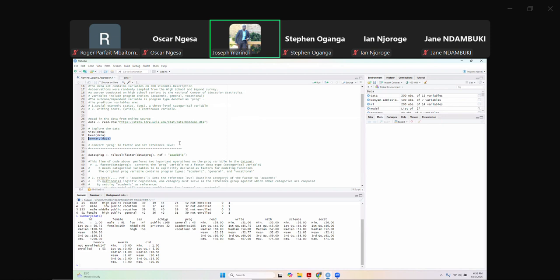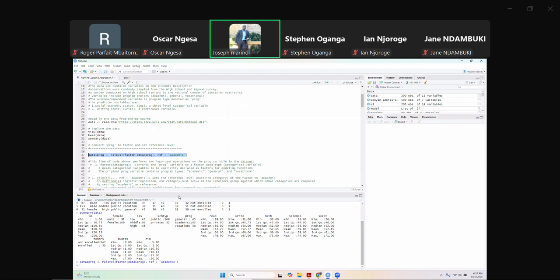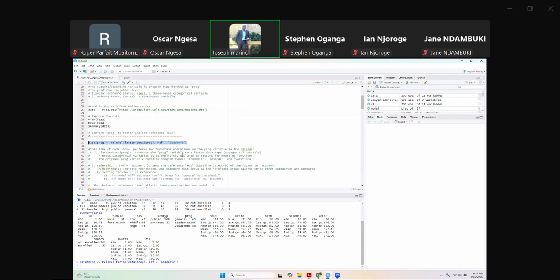The first process of doing the regression analysis is basically to convert one of the predictor variables, which is the program, to a factor. This is what's happening on line 37. When we run this, we are able to do that. That basically converts prog, which is one of the variables, to a factor, and then sets a reference level. Basically, what's happening here is that R needs categorical variables to be explicitly declared as factors for modeling